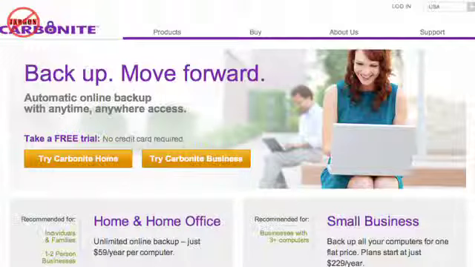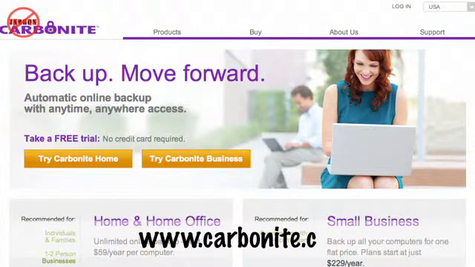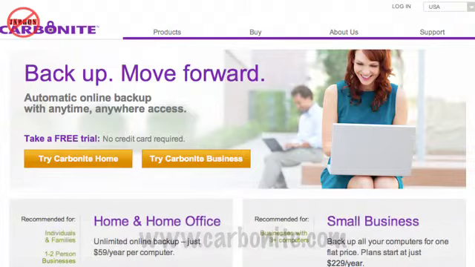Anything goes wrong and you need to get it all back, you may not even need an IT guy to come and get it back for you. And trying to get stuff that you've lost on your computer can be very, very costly. So that's backing up online. Carbonite.com, that's one that I do actually use and do recommend. It's available for the Mac and the PC, so that's just fantastic.